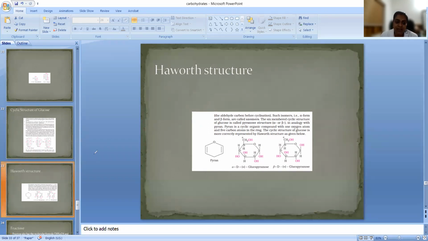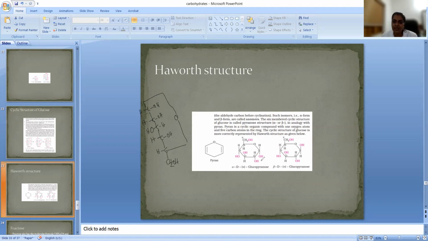First I will show you these two structures, how to draw the alpha form and beta form. So how will we write the alpha form? CH2OH. After that one CH is there, and here one O will come. And then next we know that OH, H. And next we have CHOH. And next we have COH, H. And after that we have OH on the right side if it is alpha, and H on this side, and it is fusing with this oxygen.